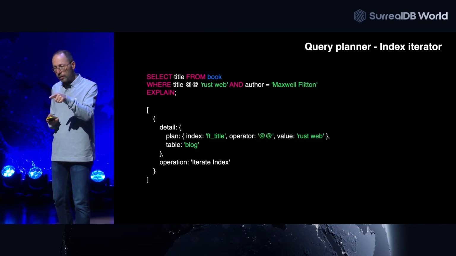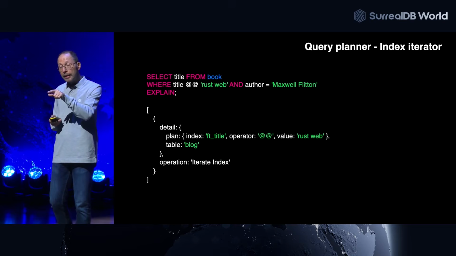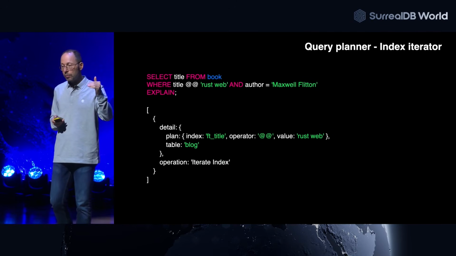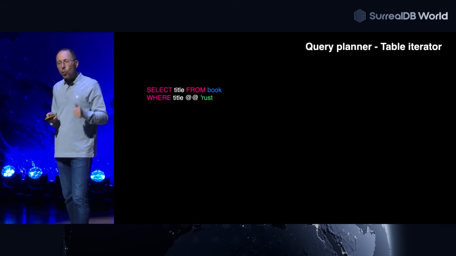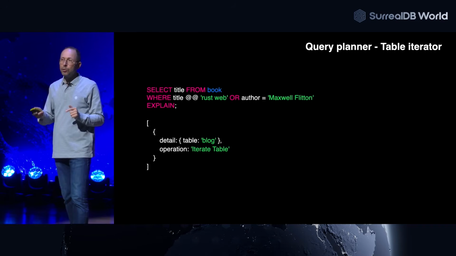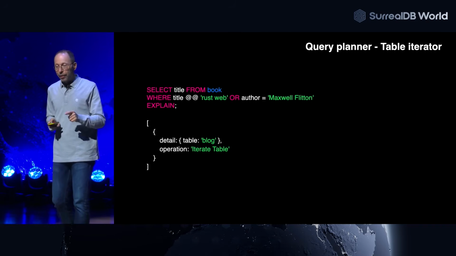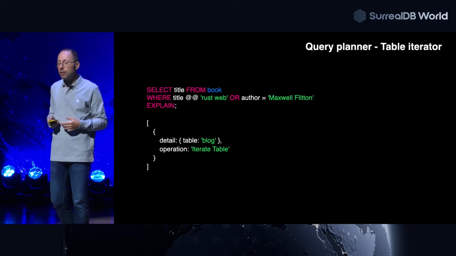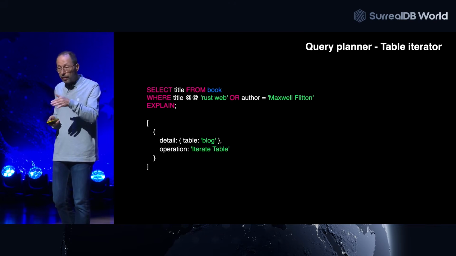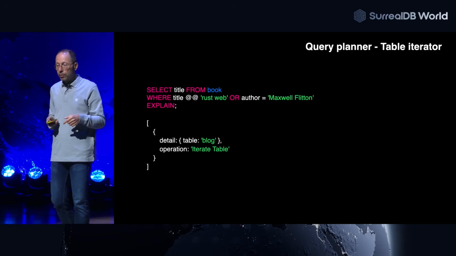You have the name of the index, and the table concerned, the table blog. The index is ft_title, and the operator is @@. So it used the one related to the full text, right? So you are in control. You can see what is happening. If no index is triggered, then you are in SurrealDB before 1.0, and it means that it's going to iterate over the whole records. We call that a table full scan. It can be really handy in SurrealDB, and you can see that in the explain. So again, if you want to see if you are using an index or not, EXPLAIN.